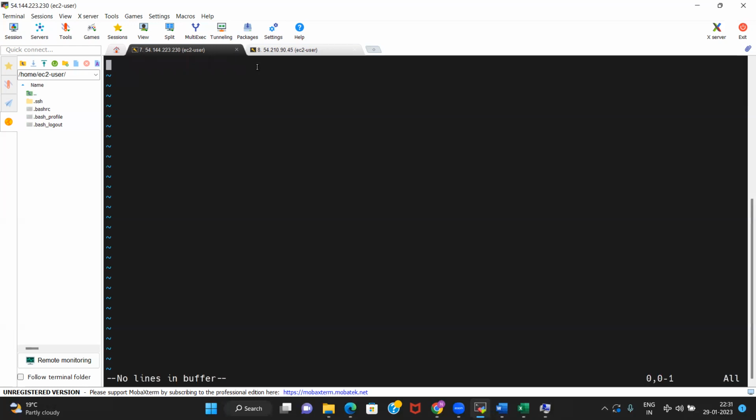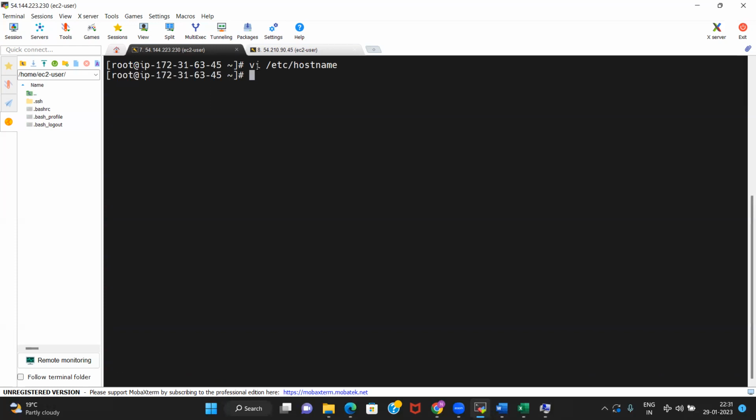Then you need to press I for insert, and then name it Jenkins server. Then Escape, colon wq. You need to come out of the mode, so Escape is the command, and then colon wq.